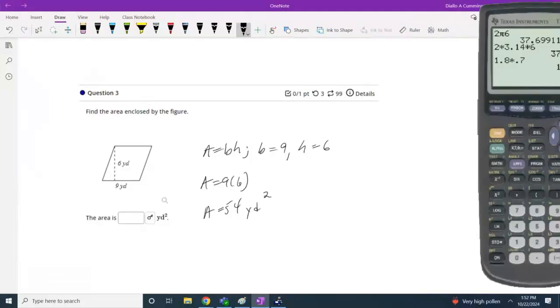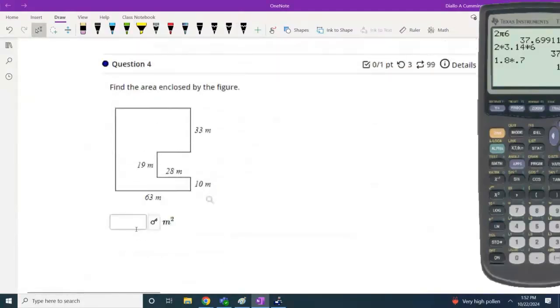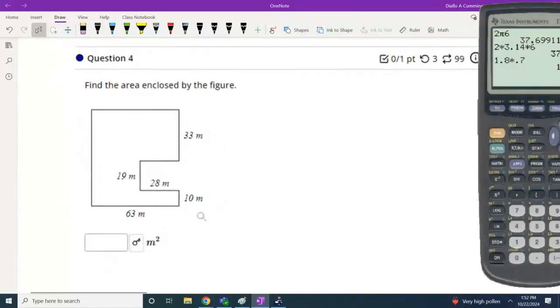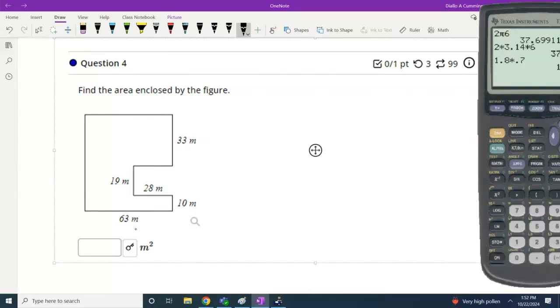All right, so that's 54 square yards. Now we're going to take a look at problem number 4. Number 4 says find the area of the enclosed figure. So now, sort of like that problem in 4.1 where we split it up into different shapes, I'm going to do the same thing here. But first I want to start by finding the overall